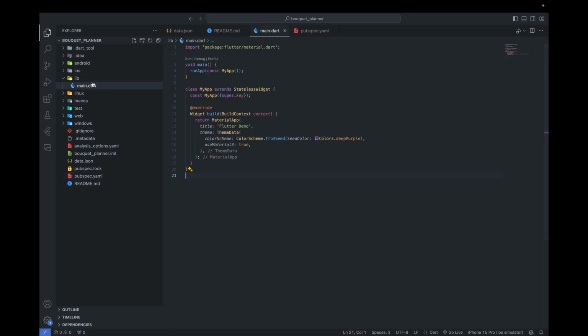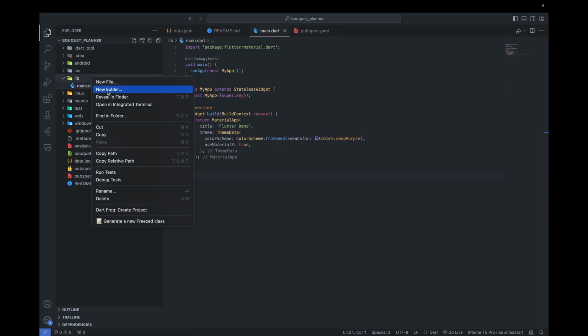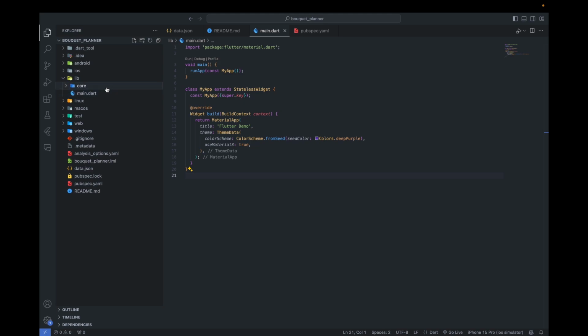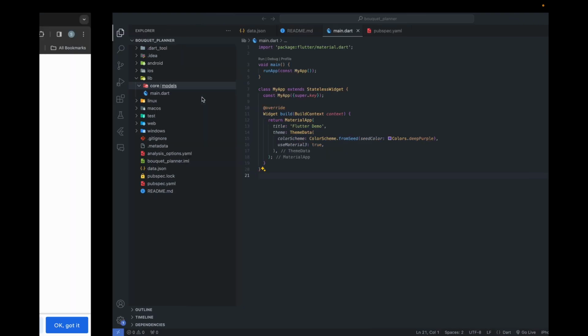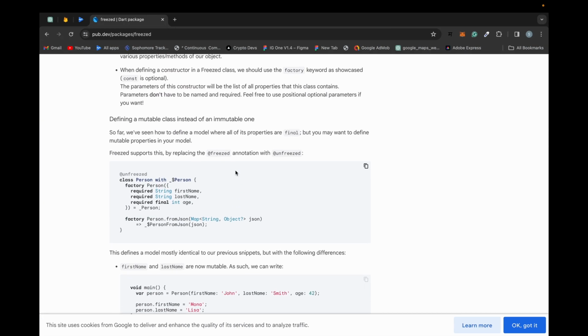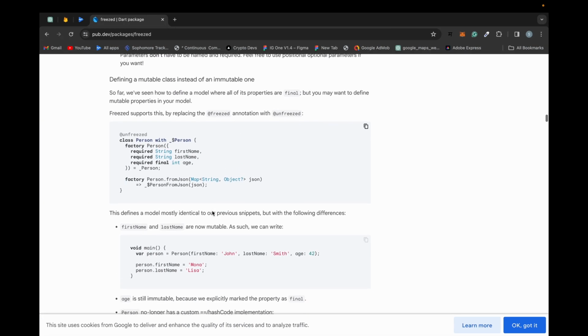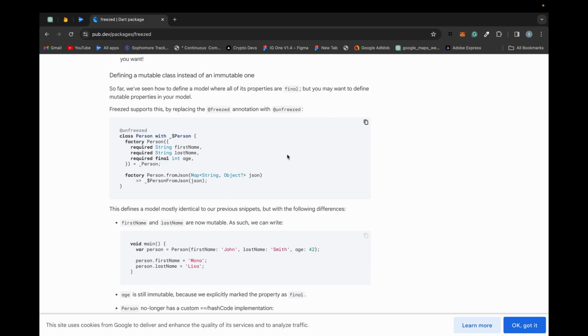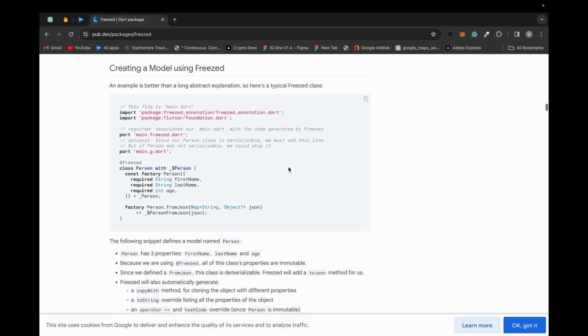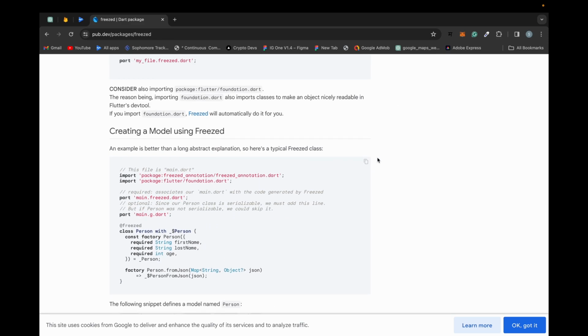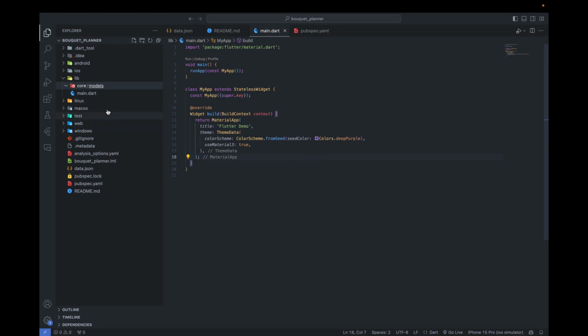Now let's create models. In the core folder, create models. I am looking at the freezed documentation here. We are going to create freezed models. This one. In models,